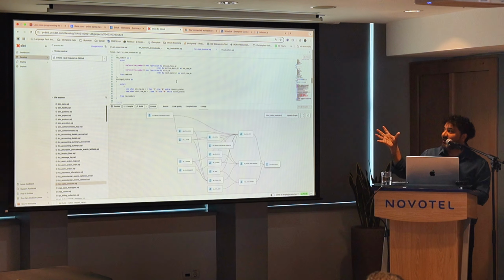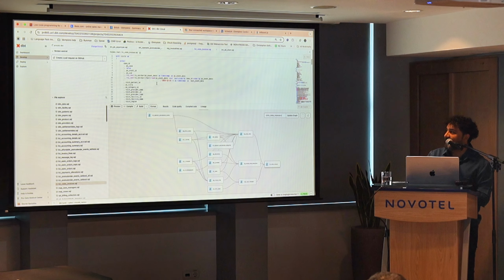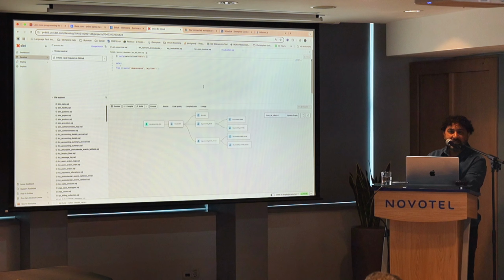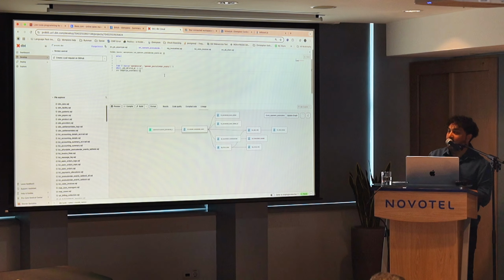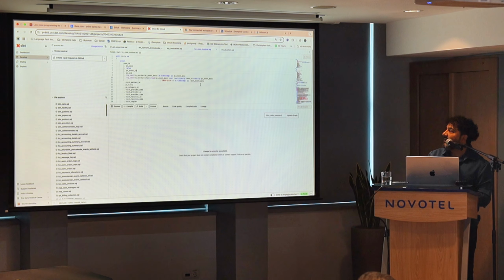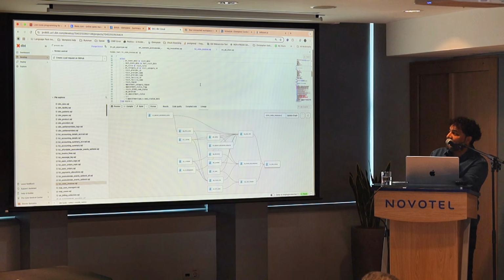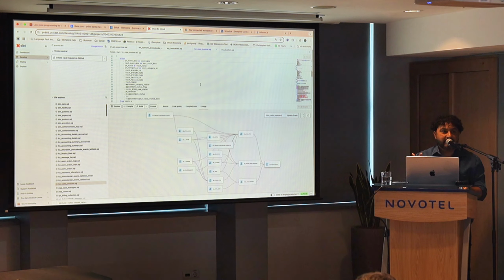But on the DBT side, as I was saying, we are reading all the tables from Snowflake which were created by Stitch, and we are combining them together. This is AD_client, which is an iDempiere table, and this is one of the OpenEMR tables, and we are creating flat data. This is a combination of all our possible data sources, and this can be used, as Michael was saying yesterday,